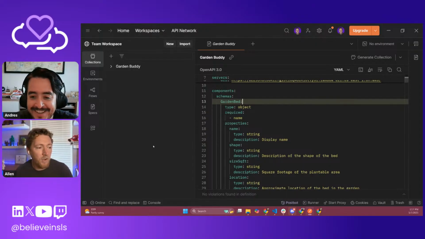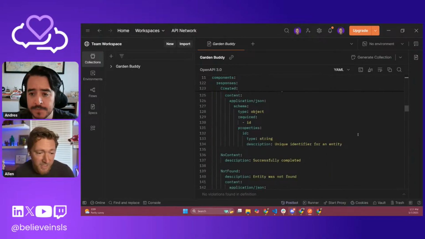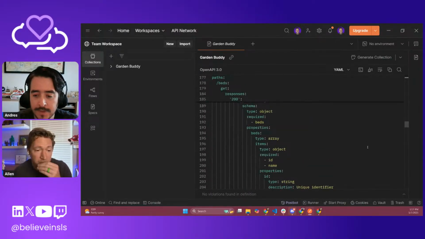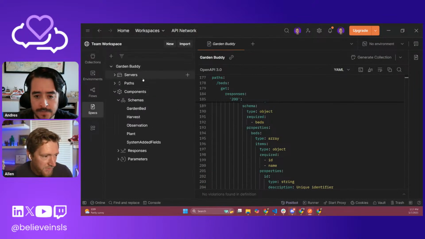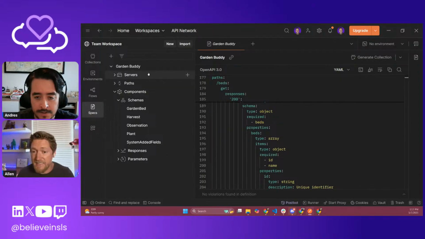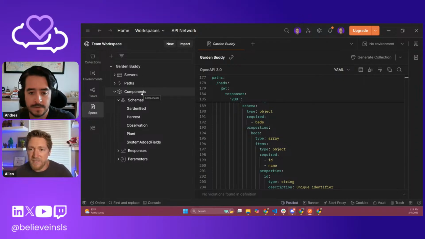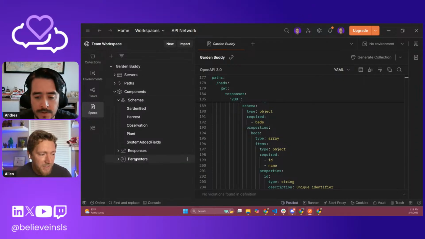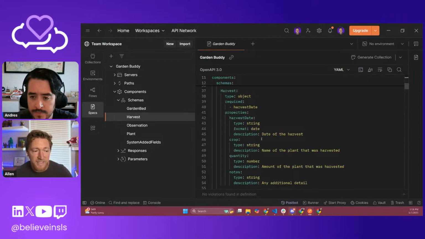Okay, perfect. So obviously the main view here is still the YAML, our hundreds of lines of YAML. But what I really like is over on the left-hand side, it breaks down the pieces of the OpenAPI spec, so I don't have to scroll through. I can see from the top level what everything is that I have in here. If I want to look at my different schemas, I can click and jump specifically to see what are the fields that I pass in when I have a harvest.